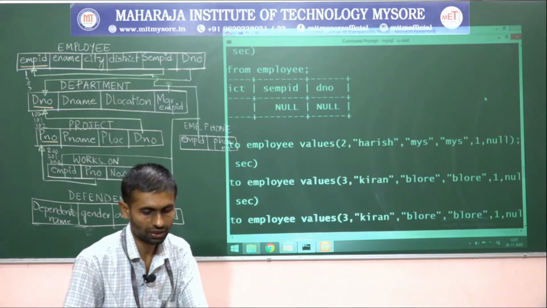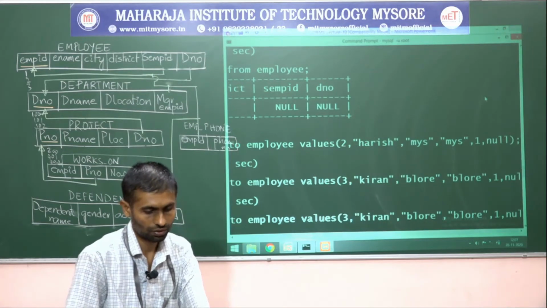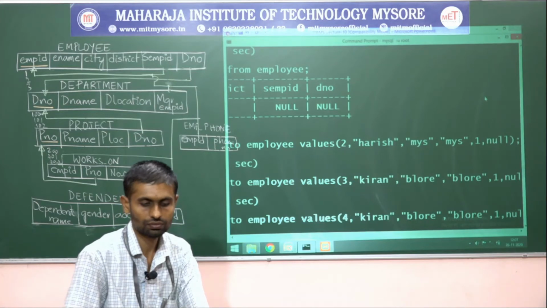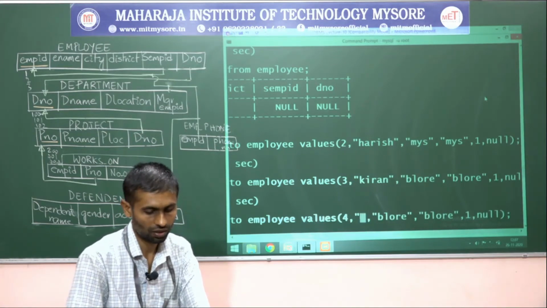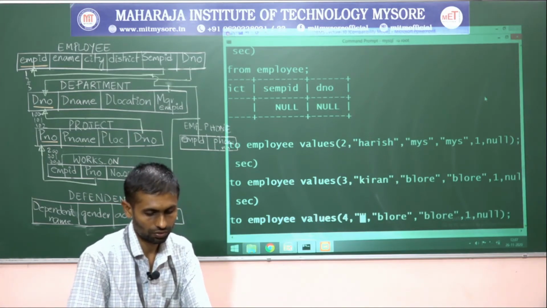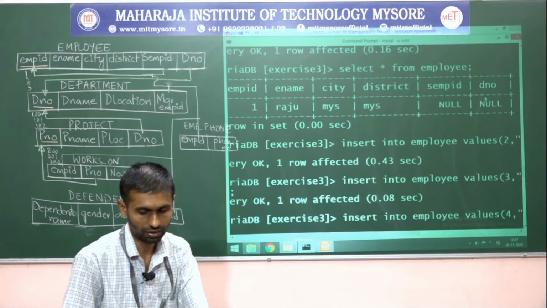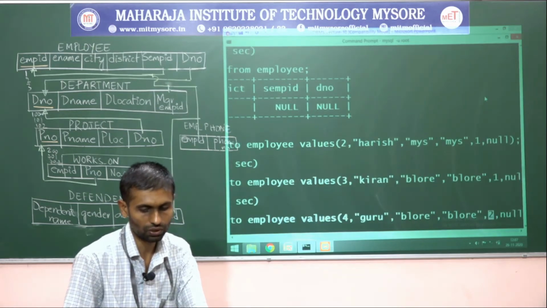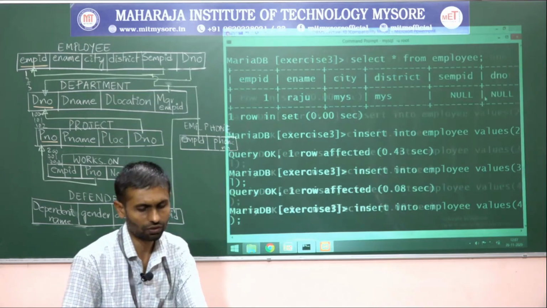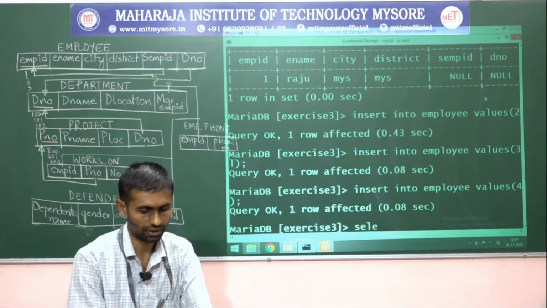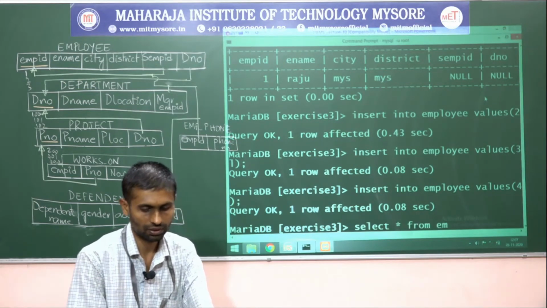So one more last row we will add, 4, Guru, and 2 as the supervisor we will make, or even for this 1 is a supervisor, you can write whatever you want. Yes, select star from employee.